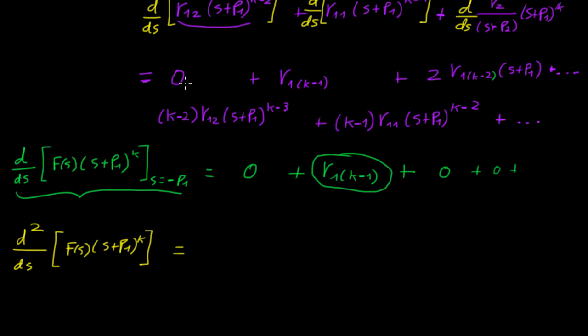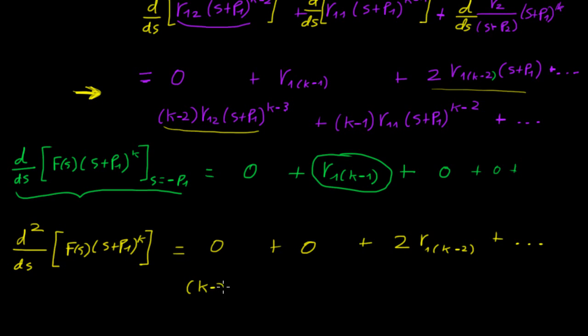This is equal to, let's look at this part of the previous equality. The derivative of a constant is 0, the derivative of this is 2 times r1k minus 2 plus all the terms, the derivative of this here